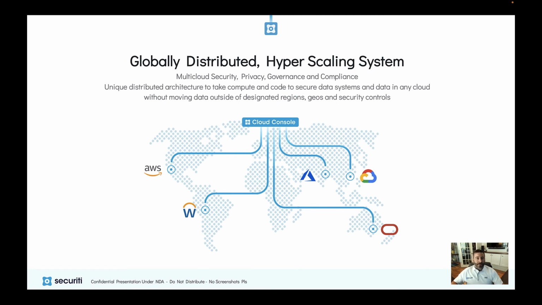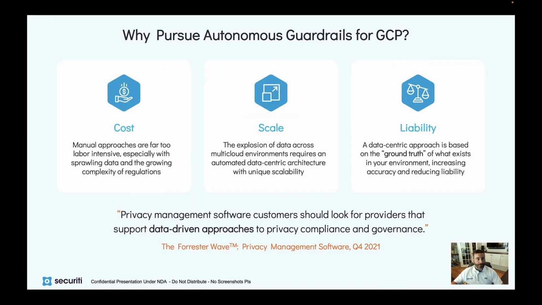Now, modern data governance needs to be architected for hyperscale in cloud environments. The legacy application solutions out there are just not going to cut it when you're trying to analyze data at the petabyte scale. You need to also avoid pulling data out of their native data systems and into a central repository because the data volumes are just too vast and large right now. And our distributed architecture allows data to stay in its native environment, avoid those costs of replication and duplication and network penalties, and prevent and avoid any data sovereignty issues.